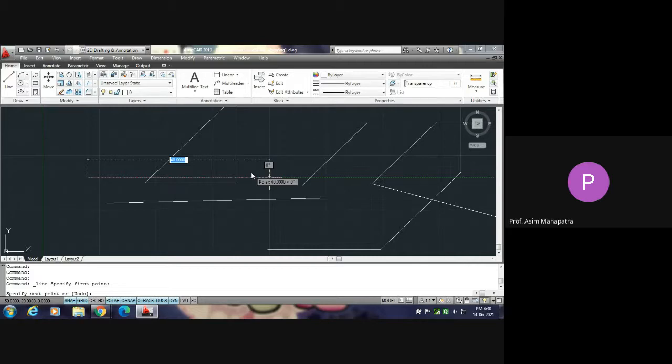If you have all the dimensions, say multiple of 10, then you simply set the snap value 10, and there will be no error as such. Wherever you will click, it will be multiple of 10 only. Suppose the cursor is here.